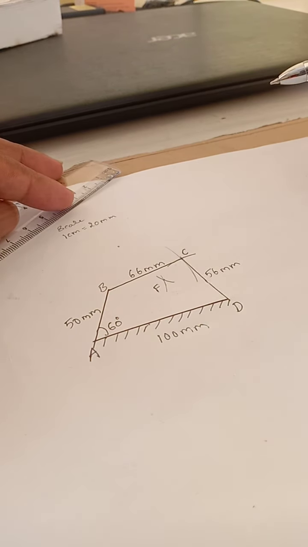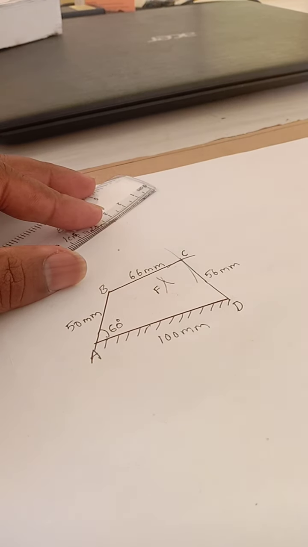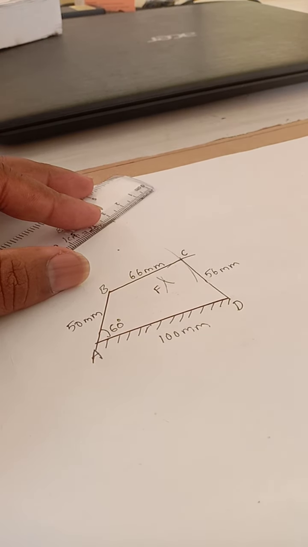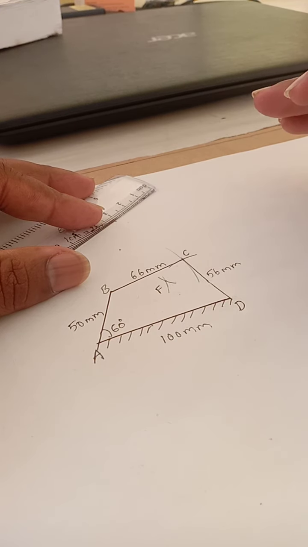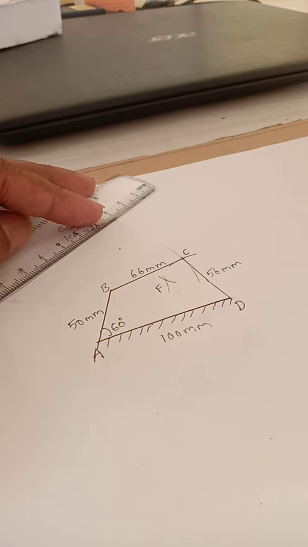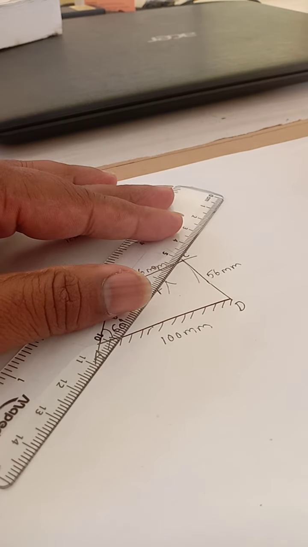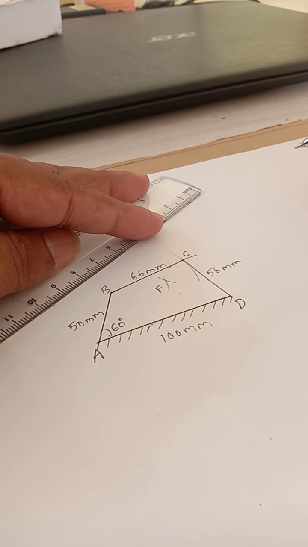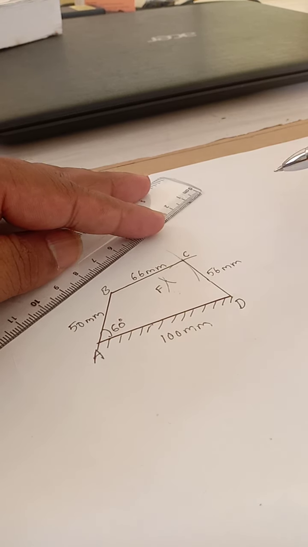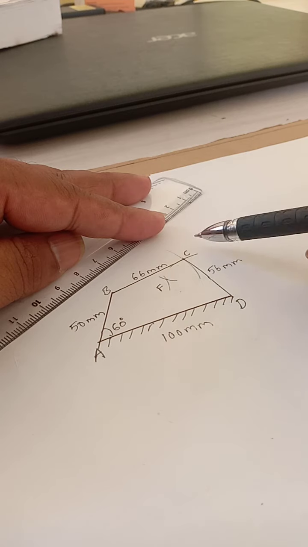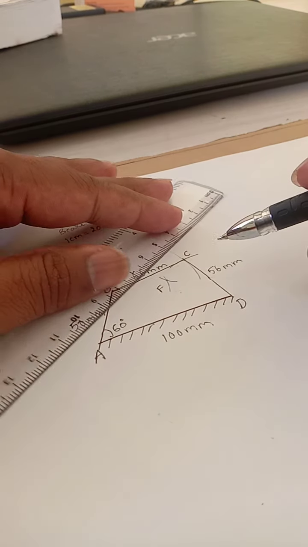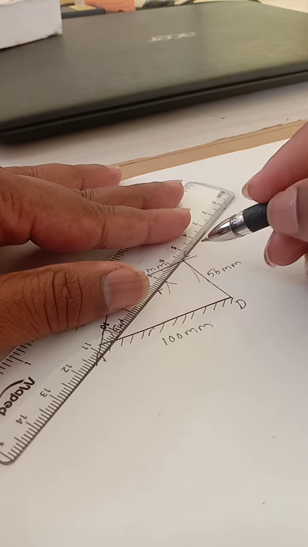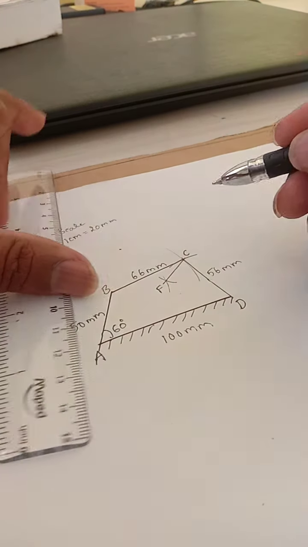See, this is actually the 4-bar link, and there are some triangle-like projections. Actually, it is not a part of the 4-bar link, but it is just a ternary link. Even the length of that projection is given. I have taken BF length and CF, and I have cut the arc. I got the point F, and I am joining that.